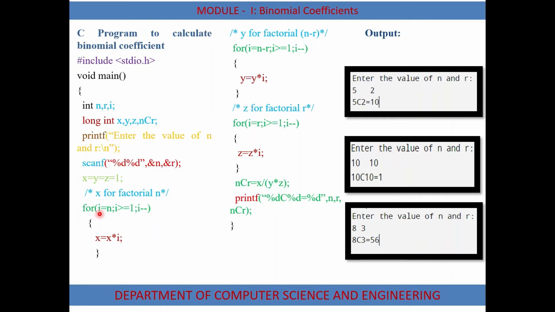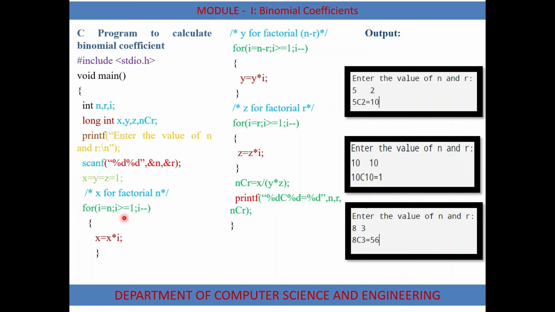So here the value I is equal to 5. So that is executed only once. That is nothing but the initialization statement, which is executed only once at the beginning of the for loop. Now I is equal to 1.